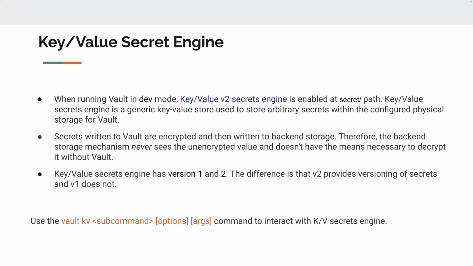So whenever you fetch or put the data, at both times you would be seeing the unencrypted value. But when you fetch it from the storage backend, at that moment it's going to be the encrypted data. Now, when we say key value secret engine, again we had two versions, version 1